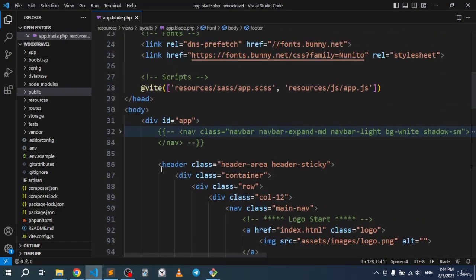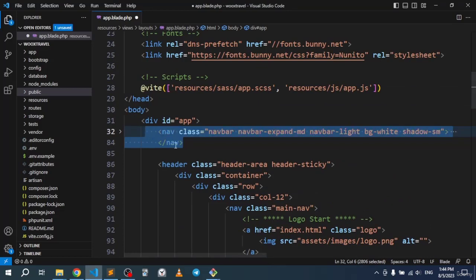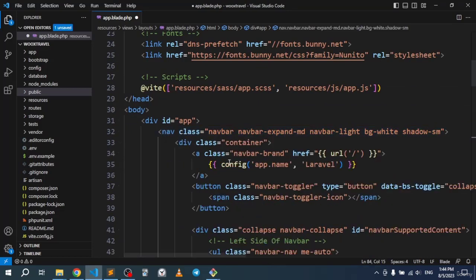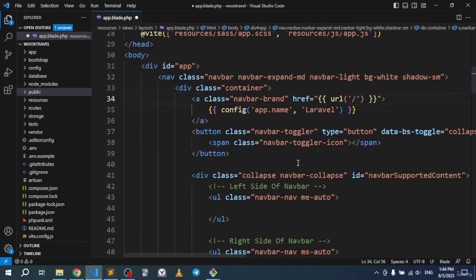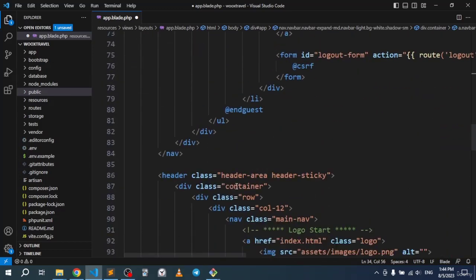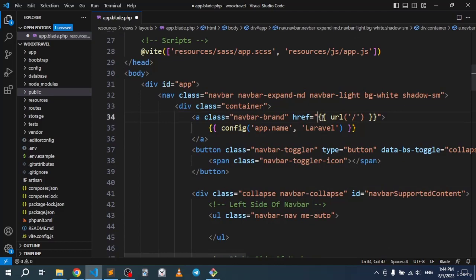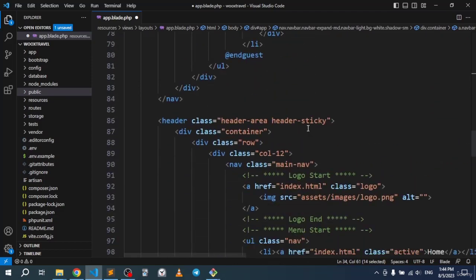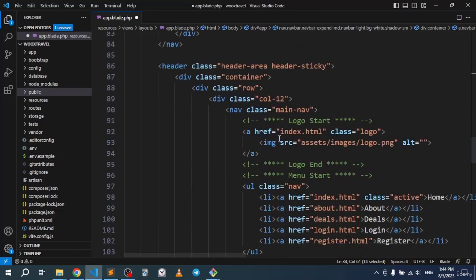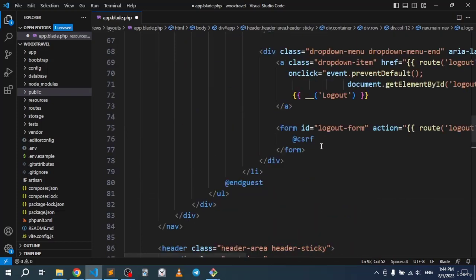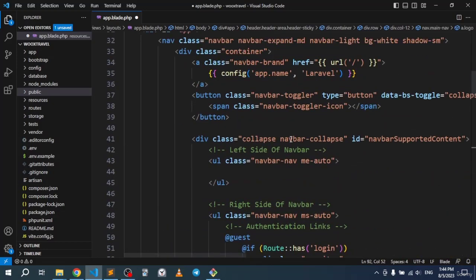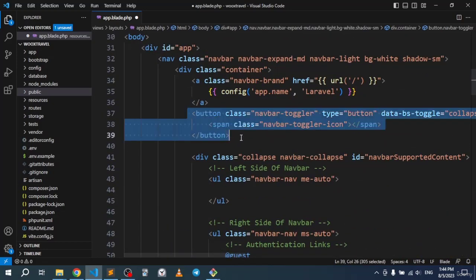So what I want to do next, I want to simply grab the parts that we have in the navbar that are dynamic, just like this URL, for example, and I want to paste it in my new design right here. All right, so all I'm gonna do is just copy this. This is the URL part for the home, and there it is, the part that we want to paste. All right, so if we paste it like that,